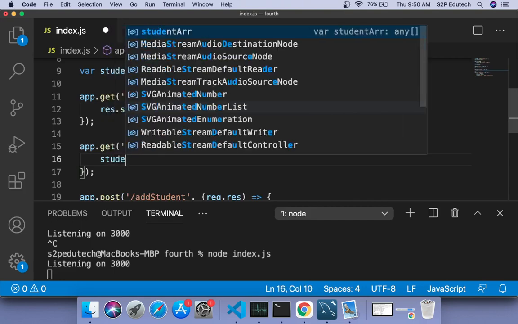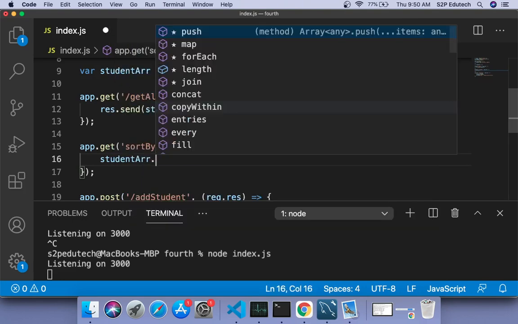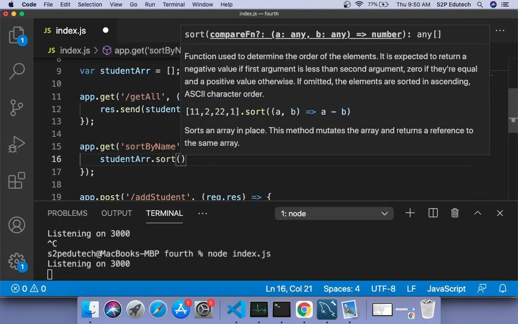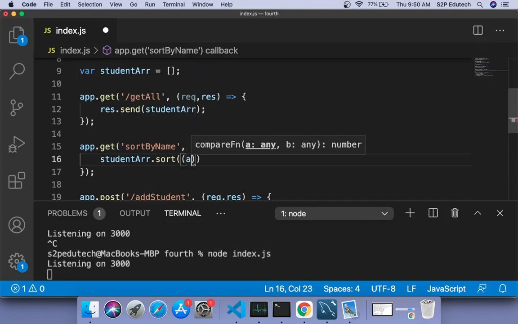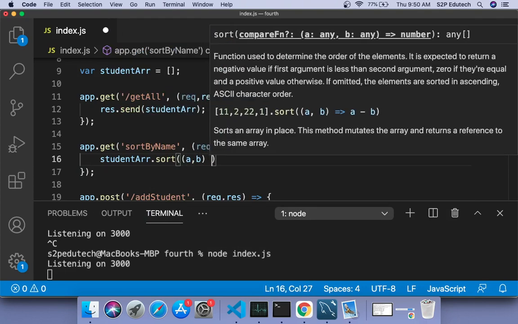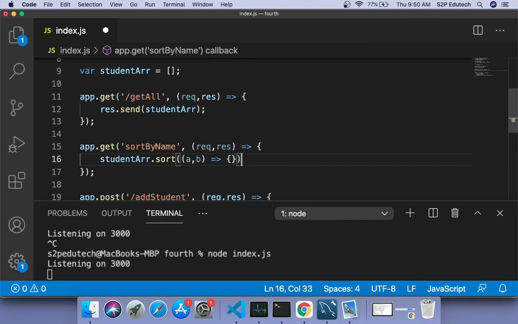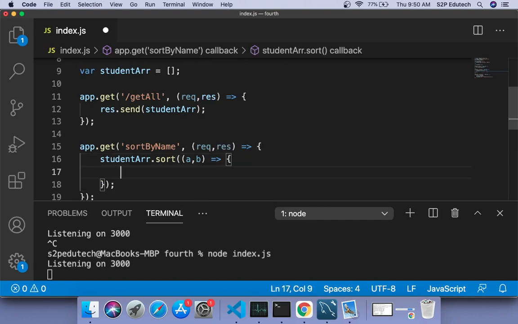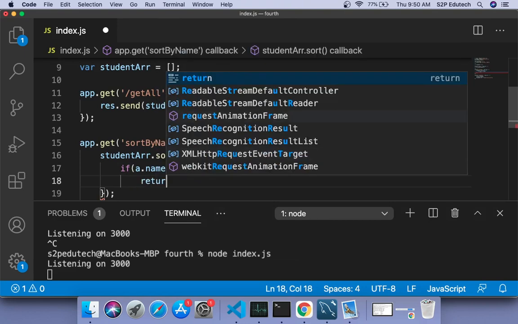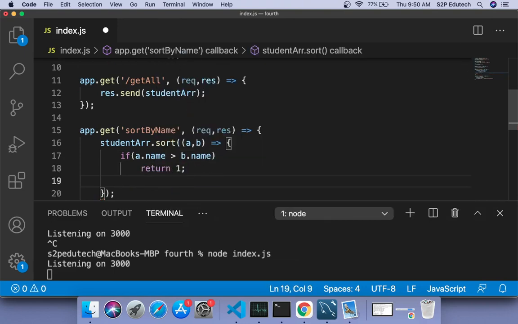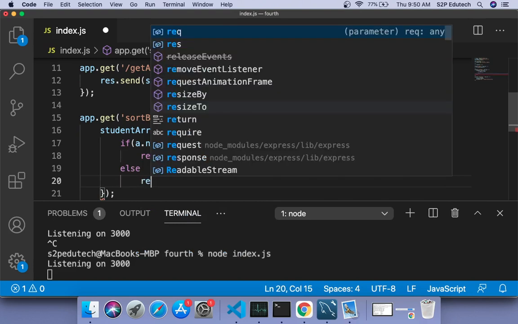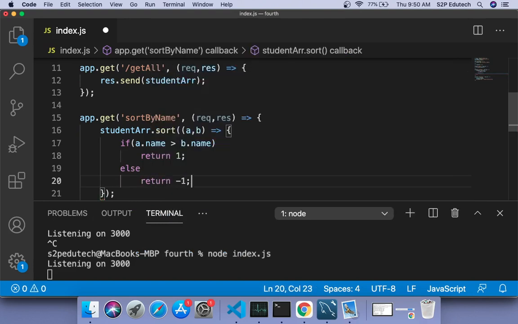I would say studentArr.sort. Inside sort, it takes a callback function with two parameters, let's say a comma b. And in this, I would say that if a.name is greater than b.name, I would say return 1, else return -1.